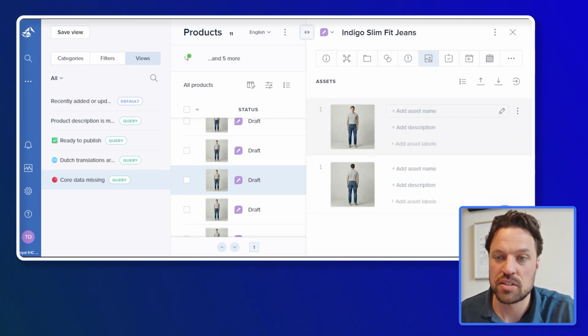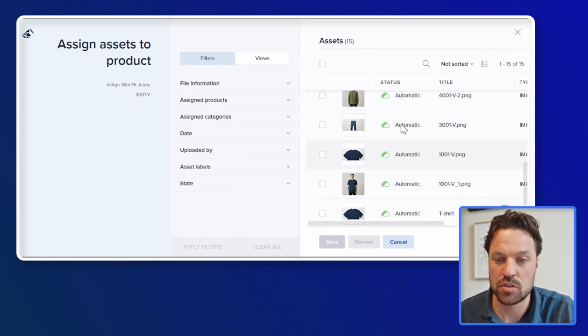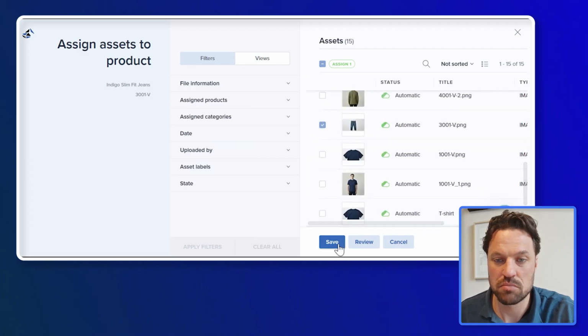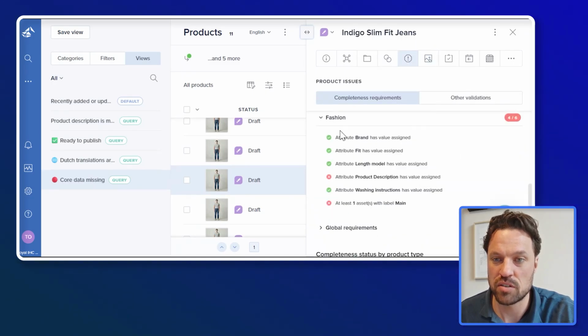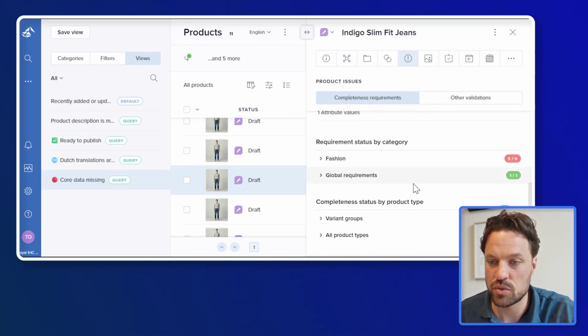So if I go to the assets, I can see there's no asset with the label main. So I can assign one that does have this. So I know there is a pair of jeans here, and it's not visible here, but I know it has the label main. So if I go now to my product issues and I recalculate the score, it goes from 71% to 86%